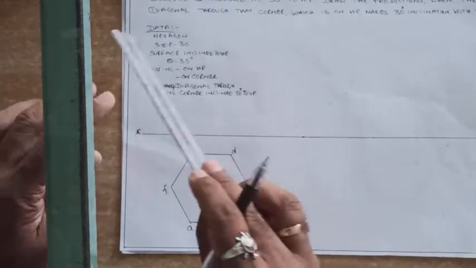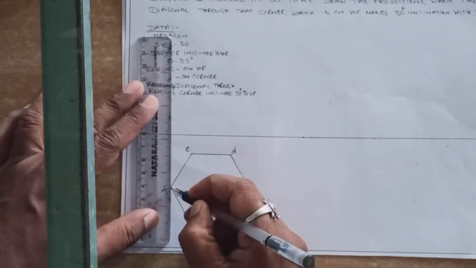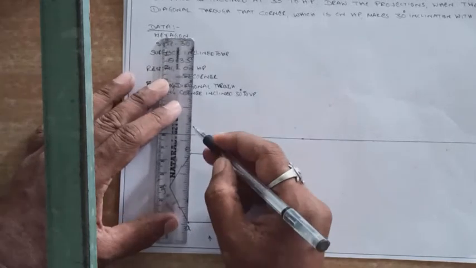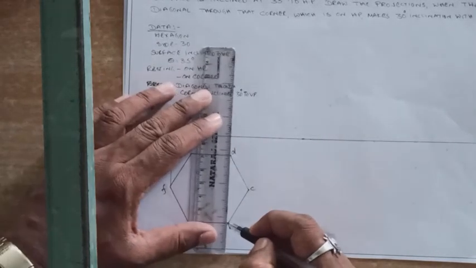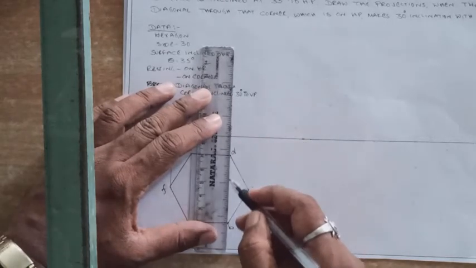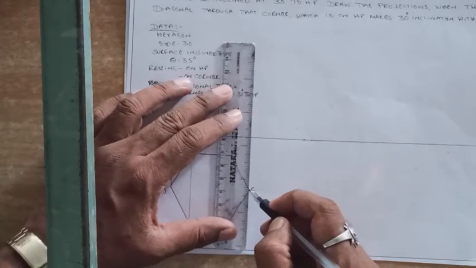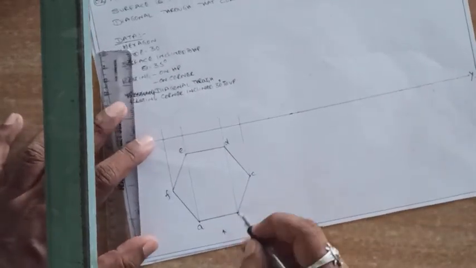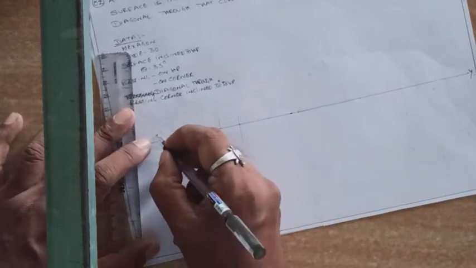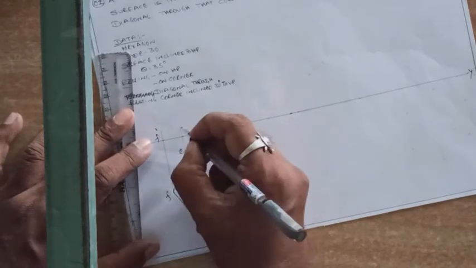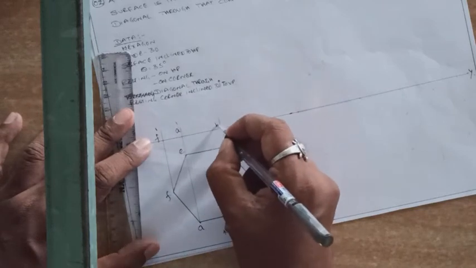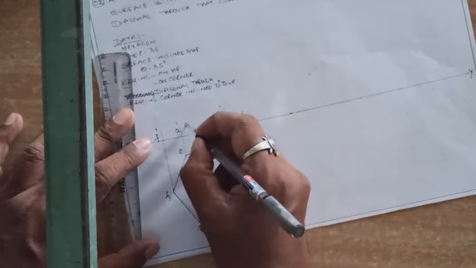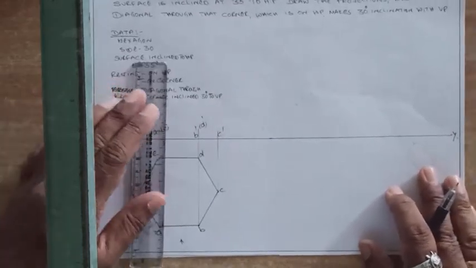Now project these points upwards, thin line, very thin line. So here again, very thin lines. Even though I am using a pen, you should not use a pen at all in the drawing, only pencil. Right. Now marking notations in the front view. Here F dash you can see, A dash you can see, B dash you can see, C dash you can see, and D you cannot see, and E you cannot see. Already you know the notations method.